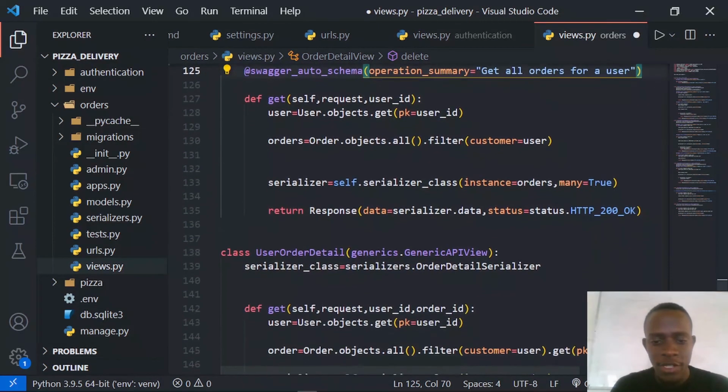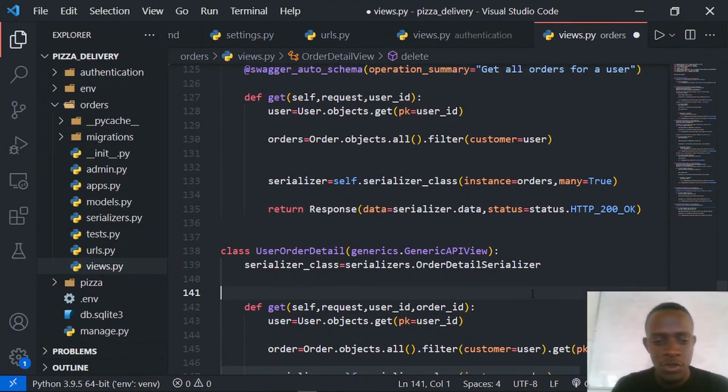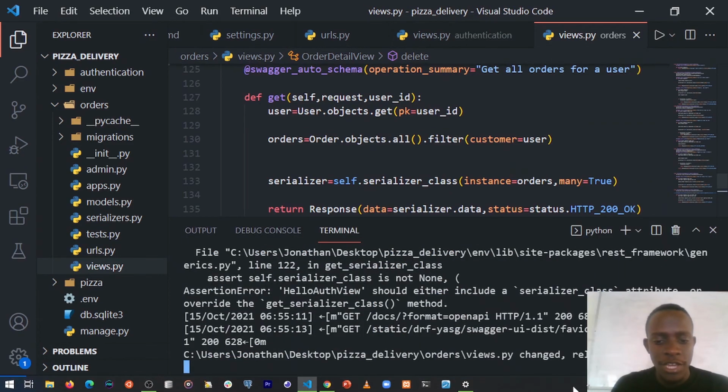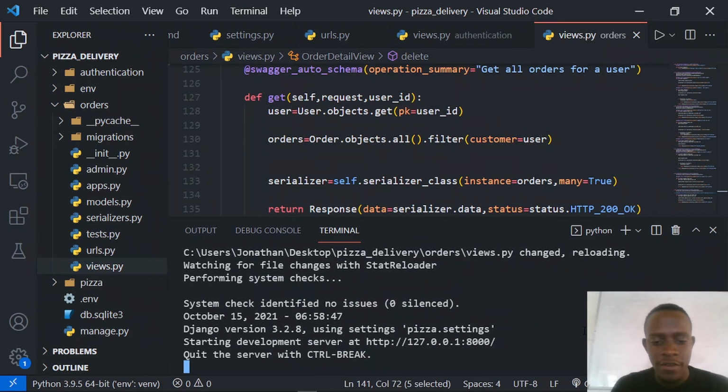So let's say I want to also do the same thing for that specific user. So I'll say get a user specific order. So I'll say this is going to be get a user's specific order. So when I save, and hoping our server is running and you don't have any errors,